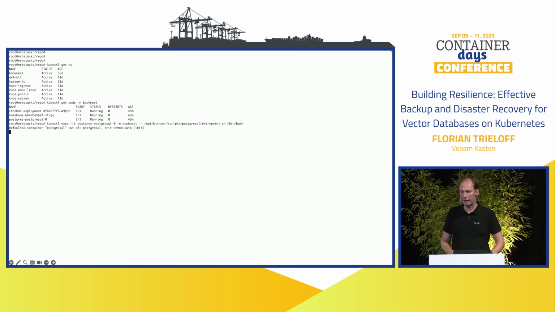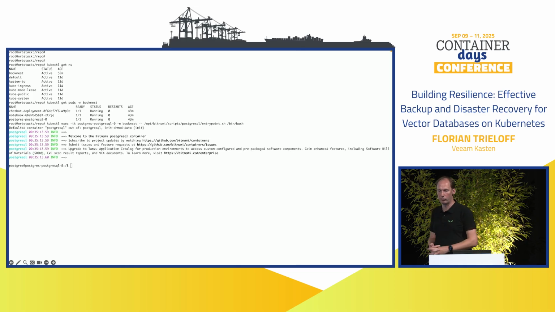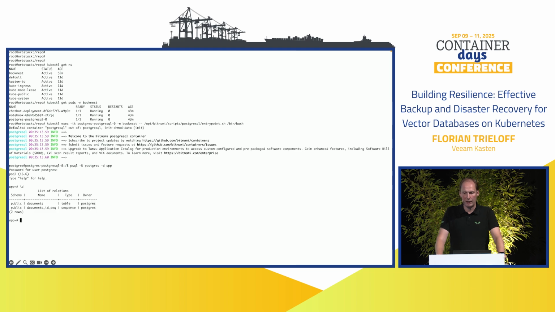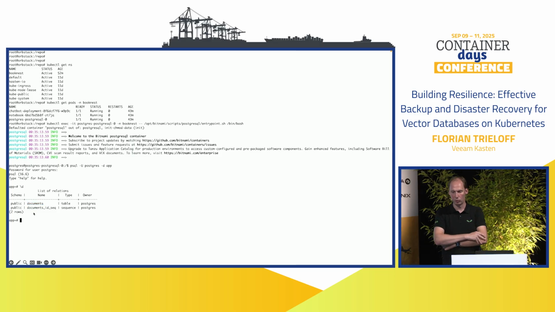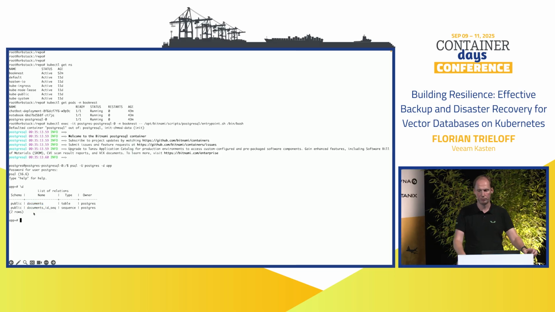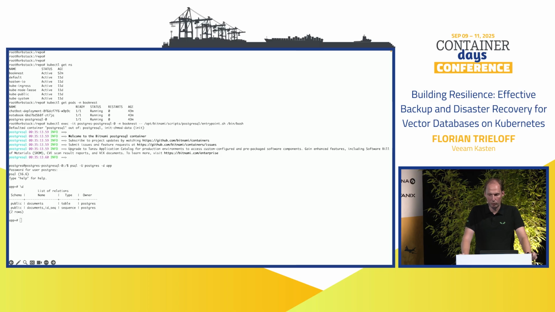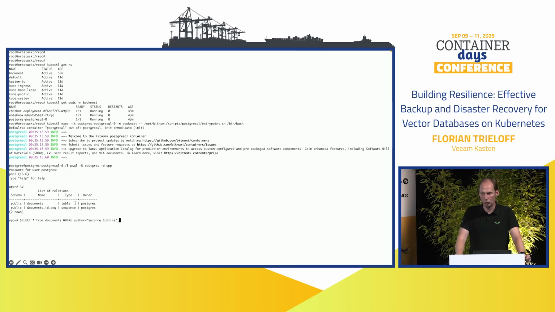And if we exec into this database, just execing into the pod, we are connecting to the database, and we need some passwords. In the next step, we will have a look at the tables. So we have our documents table here. Everything is stored in it. We have the sequence for it. And so now we can see this application is up and running. This database is up and running.